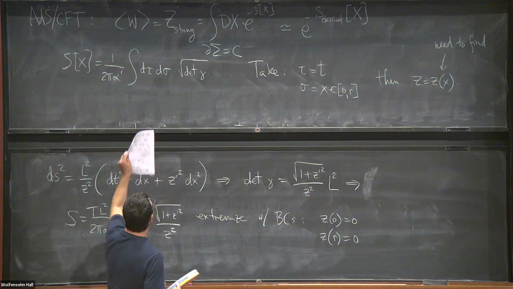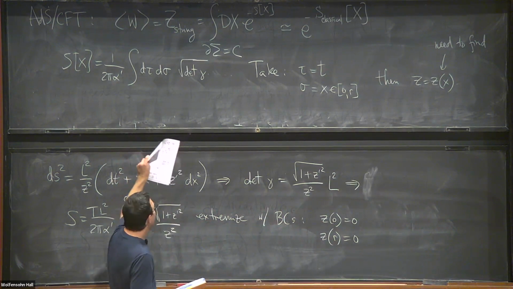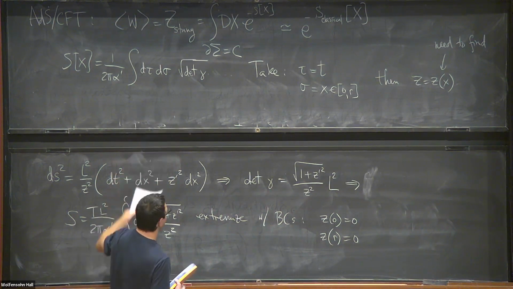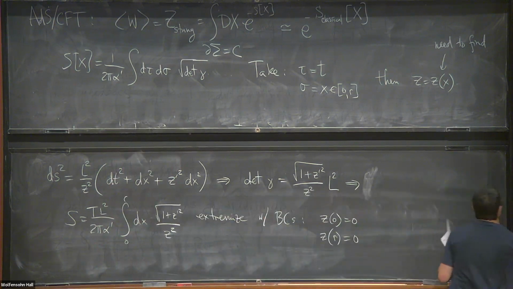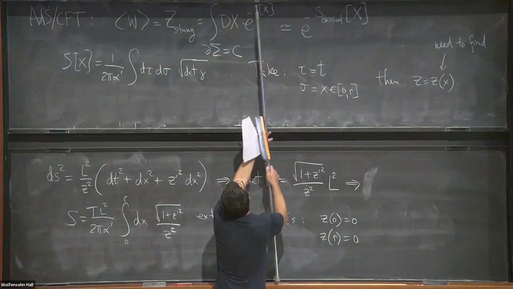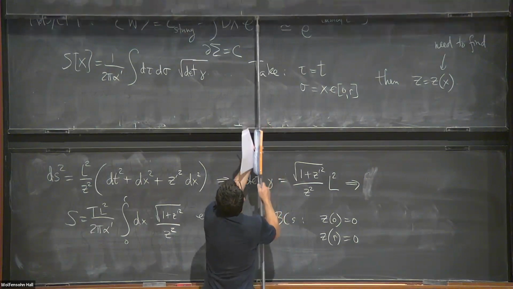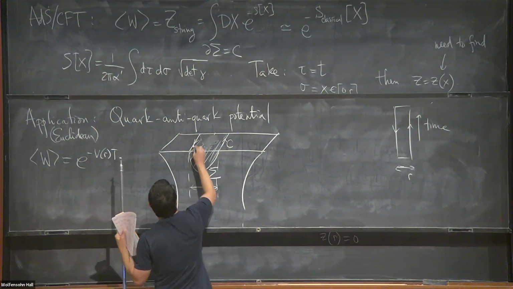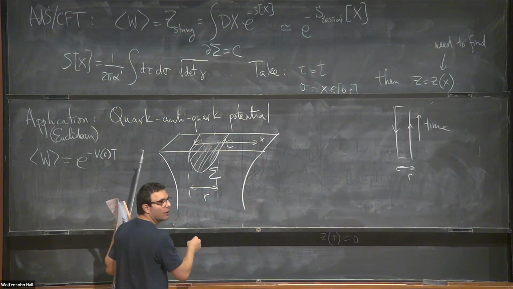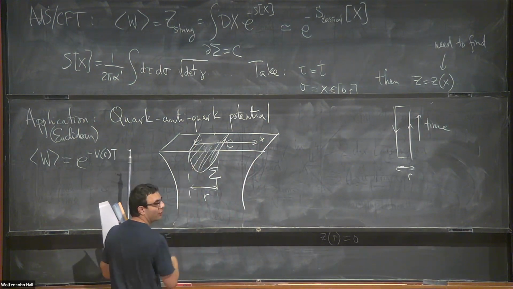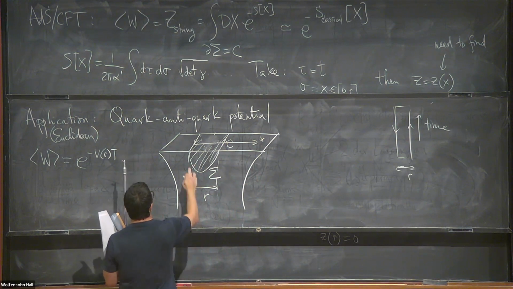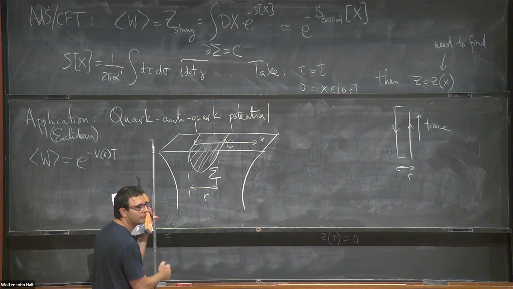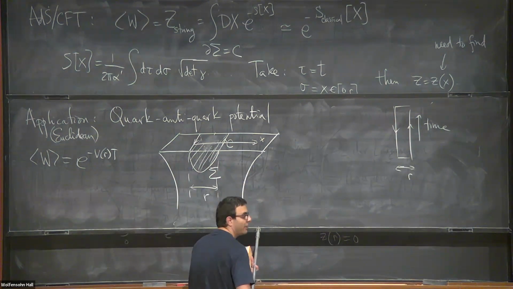They represent something only in terms of the string worldsheet that dips down. So I have z as a function of x. So maybe the picture isn't clear. I can describe this shape if I have some coordinate here, x, that runs in this way. I can have z as a function of x that says exactly where this surface is. When x is 0, z should be 0. When x is r, z should also be 0. That's what the boundary conditions are. Does it answer the question?